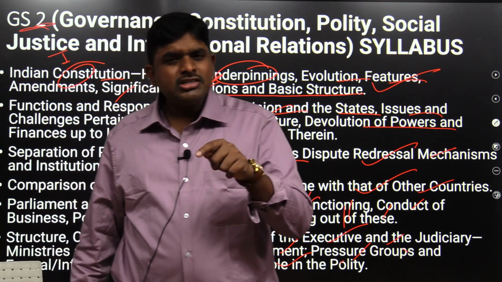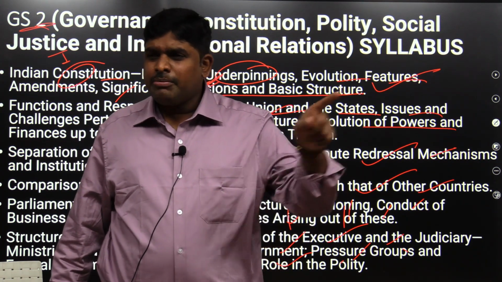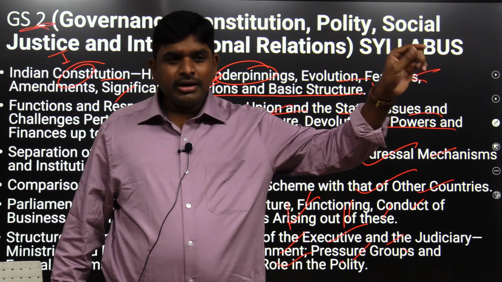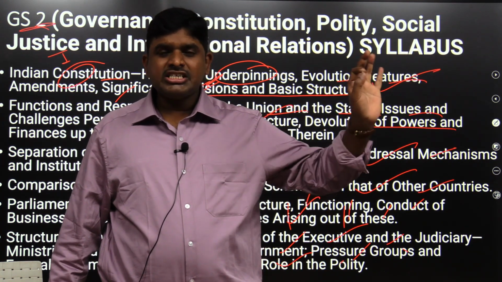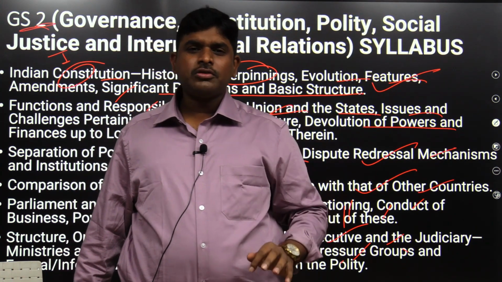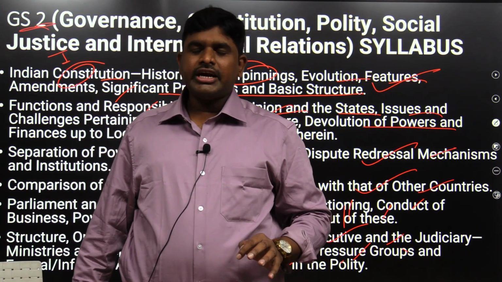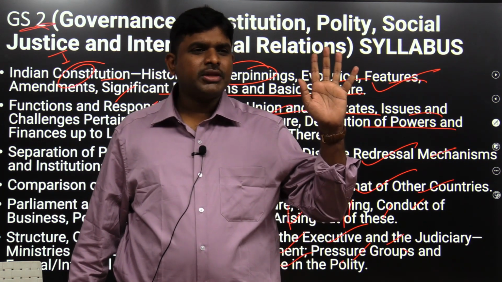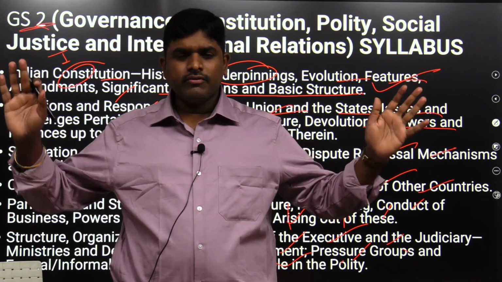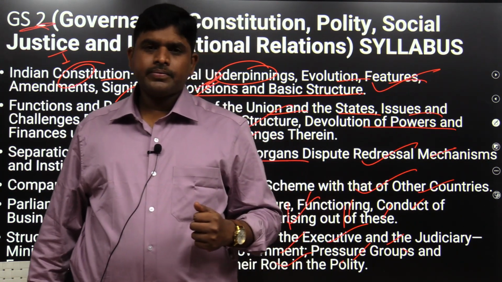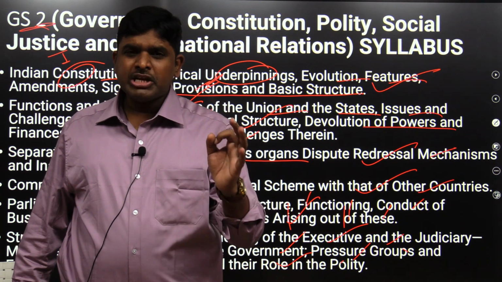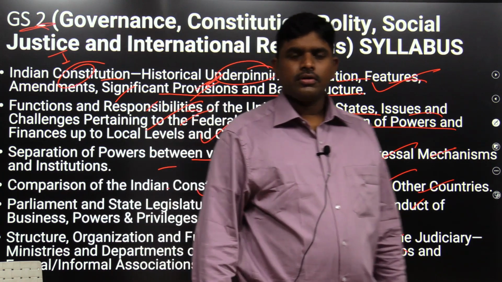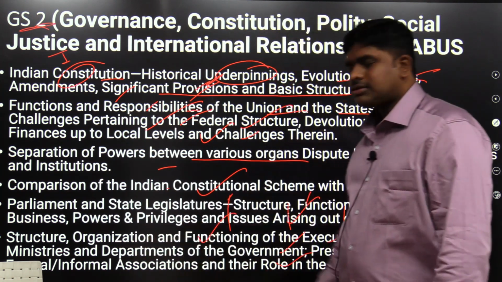Is it not the farmers' bills which got repealed? Is it not because of a pressure group, a farmers' pressure group? Rashtriya Kisan Mazdoor Sangh is one of the pressure groups. They threatened the government: if you are going to continue it, we will look into the Punjab elections and Uttar Pradesh elections. The government withdrew it. Pressure groups have a huge role in a democracy. What are these pressure groups?